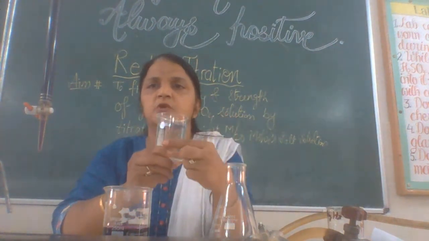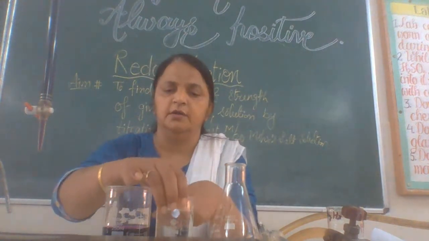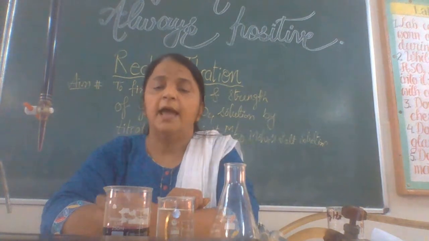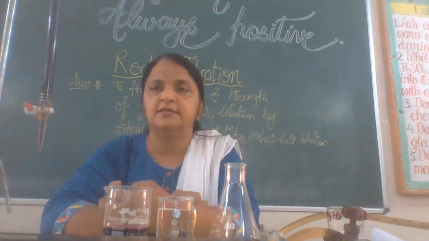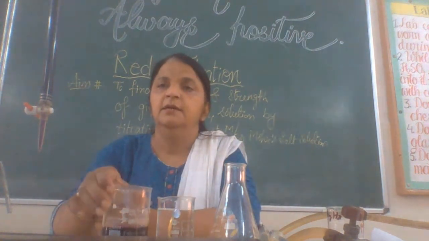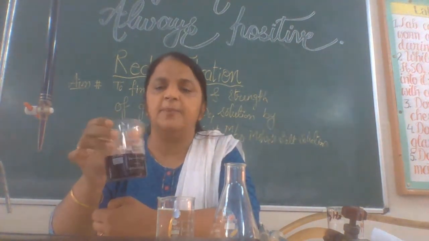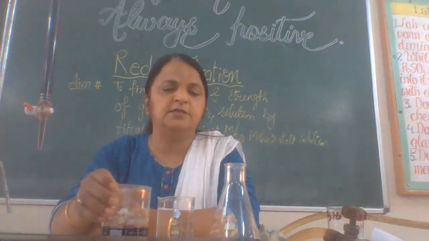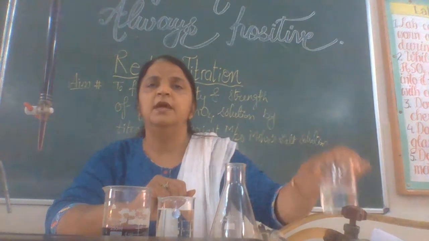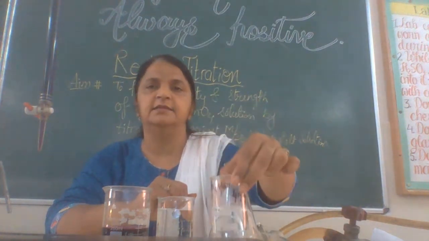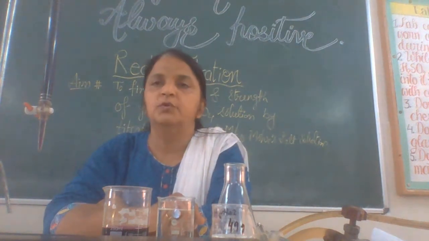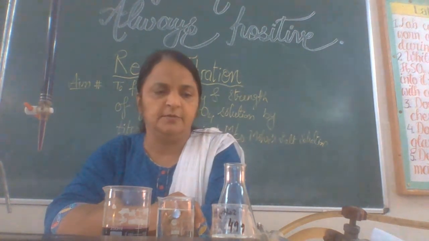Ferrous ammonium sulfate is a double salt involving ferrous sulfate and ammonium sulfate, and this salt has ferrous ions which get oxidized to ferric ions by the nascent oxygen released by potassium permanganate. As potassium permanganate is a strong oxidizing agent in acidic medium, we are using dilute sulfuric acid in the titration to create acidic medium so that the oxidation can take place properly.